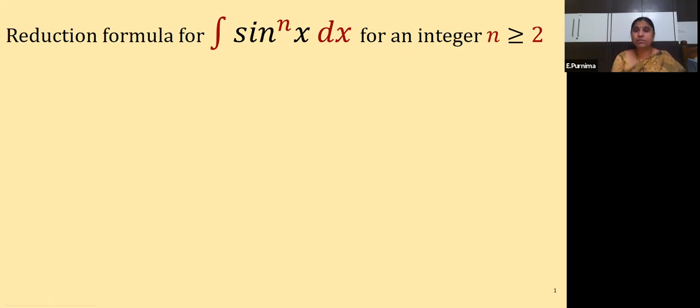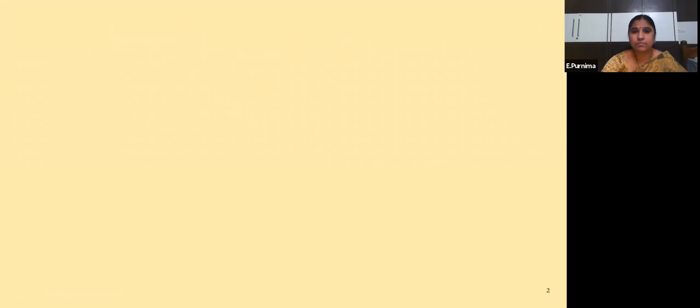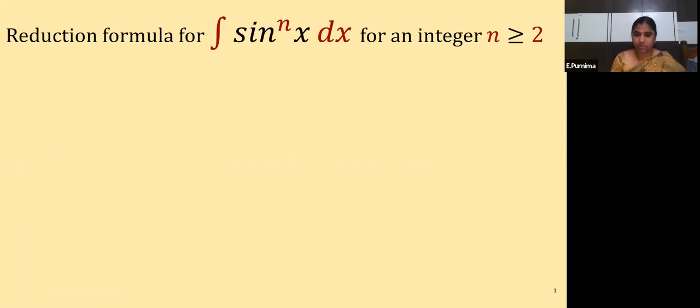So what is our given question here? Okay. So I'm considering this as I n. I n is equal to integral sine to the power of nx dx. Okay. Now here I'm writing, how I'm writing this one, children? Because here only one function is there, I'm trying to write it as sine to the power of n minus 1 x into sine x. I'm splitting them into two terms.